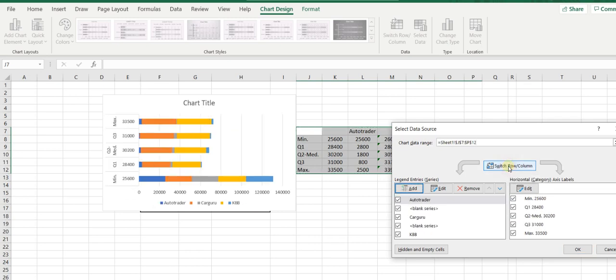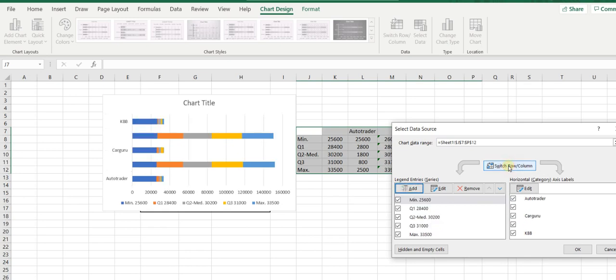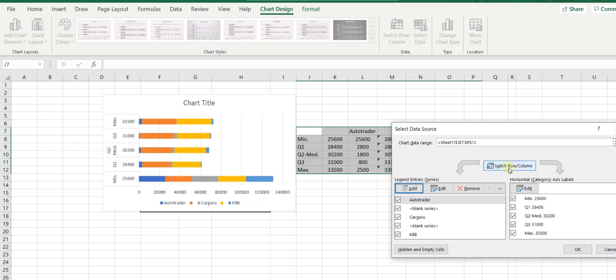The chart is now, it looks like, kind of a box plot in the making. Versus, let me switch back and you see the difference. See that those are not, I have extra bars in this one and in this one I don't. Now what I need to do is actually remove some of these blank series that you see